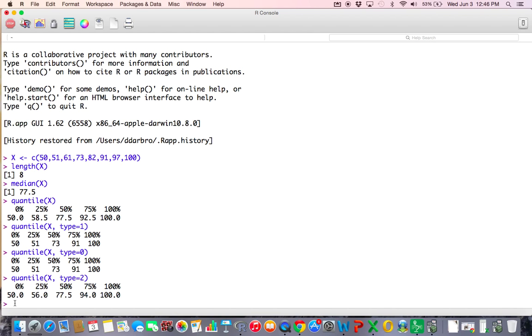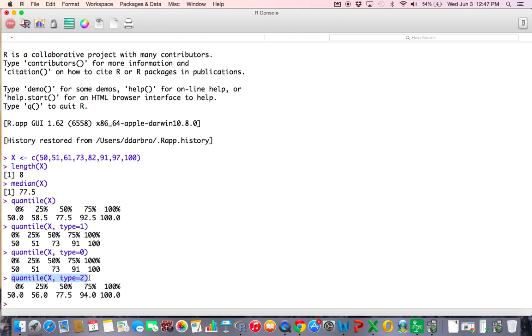So, guys, I'm not doing this to confuse you, because there should be no confusion here. There's just different ways to calculate your quartiles depending on whether or not you include the median. Do you just include the numbers below the median, or do you include the median and calculate the quartiles that way? So, long story short, from here on out, to be consistent with the TI-84 calculator, let's do quantile X